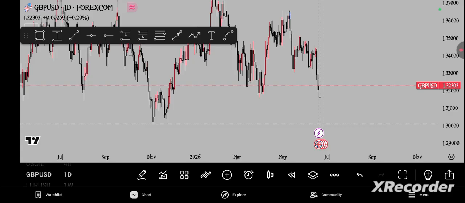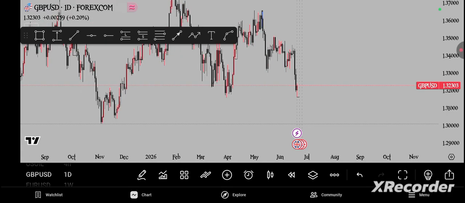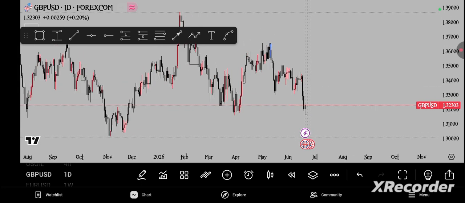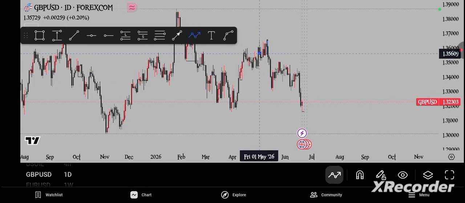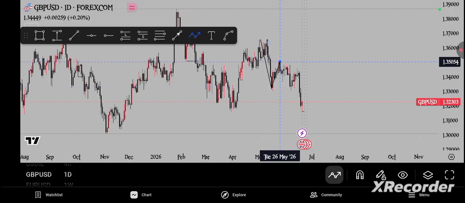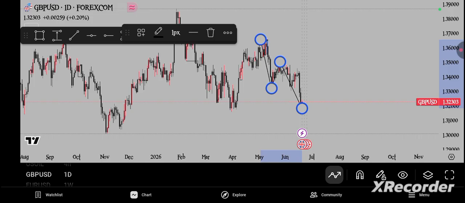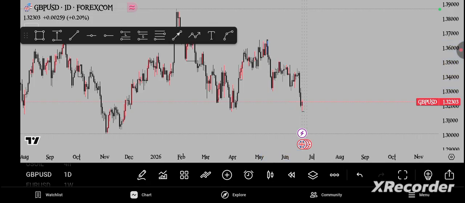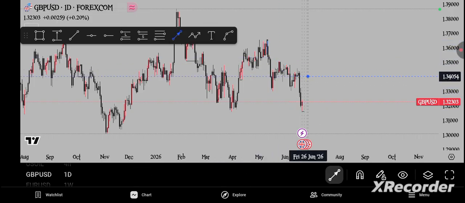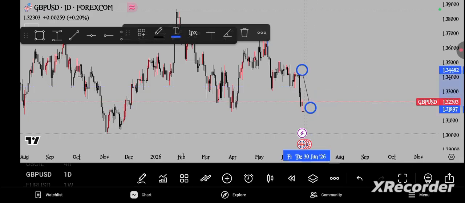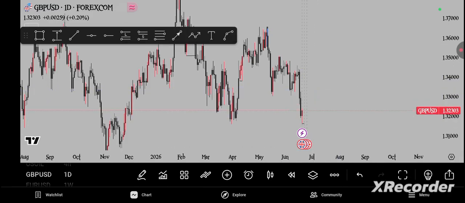So now I'm starting with this pair, GBP USD, on the daily time frame. If you notice the previous price action, GBP USD has been bearish. So the last leg of the price action was bearish, which is this point. His last leg was what? Bearish. But now, if you notice,